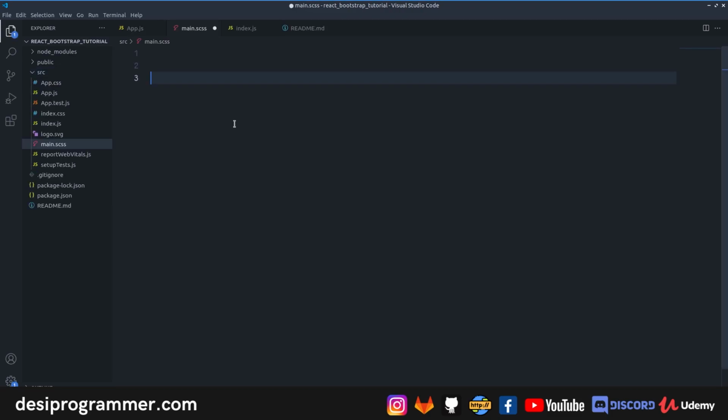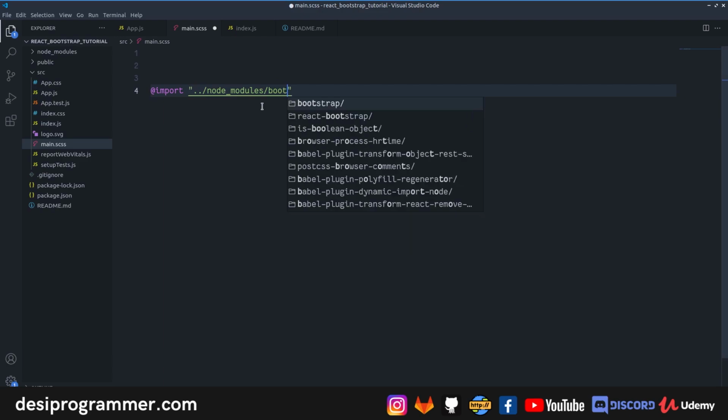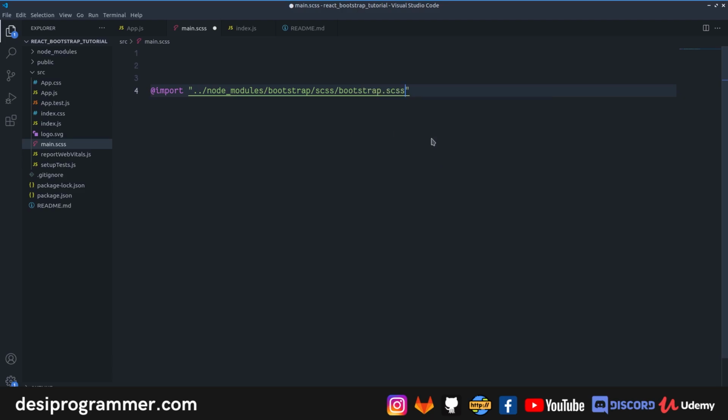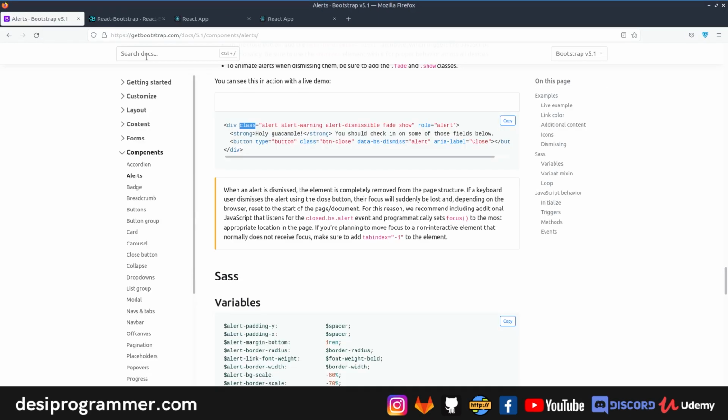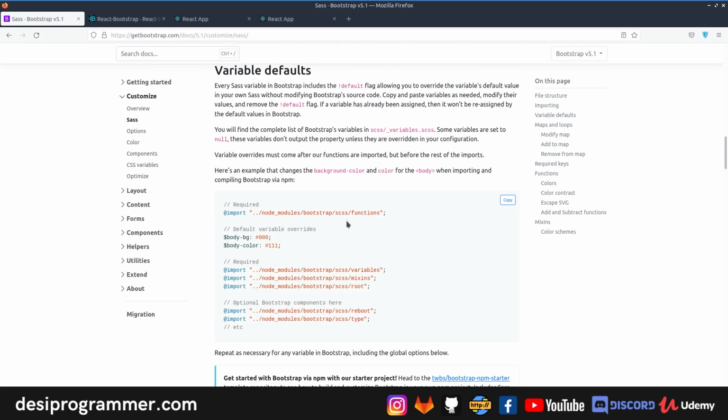In this Sass file, what I have to do is that first I have to import Bootstrap Sass, and this is going to come from dot slash, understand the directory structure here. So then we have node modules, we have bootstrap, we have scss, and remember we need the entire Bootstrap SCSS here. And here we can actually put our own variable names and override them to make sure that we have our own theme here. If you're thinking that I'm talking something very different, it's not. You can actually go here and see in customize, you have this Sass option, and it says how you can customize Sass using this, right?